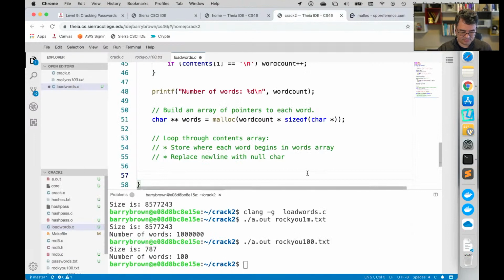Can you instantiate a double pointer char like that, the char words, without putting it equal to anything? So I guess it would be, can you do char star star words semicolon? Yeah. And that says, I've got a variable called words, and it stores inside of it a pointer to another pointer. And then words equals malloc. Yep. So then you could do it all in one loop. We'd still do the malloc outside the loop, because we're doing the malloc of that array once. Now we're going to loop through it and start filling in the array.